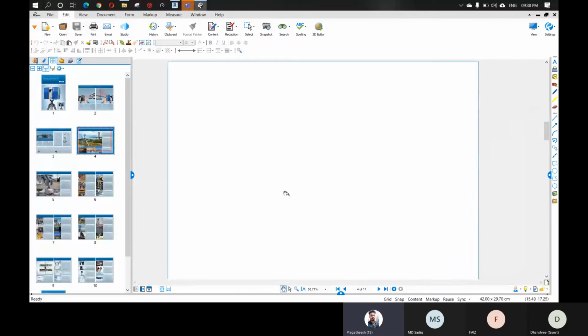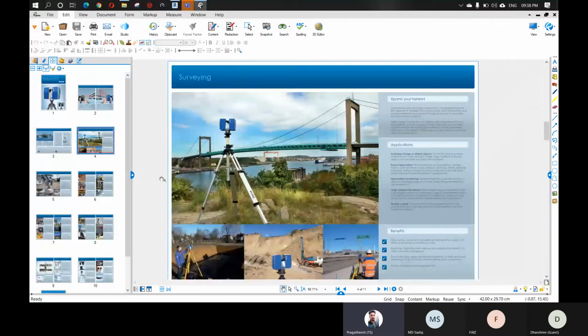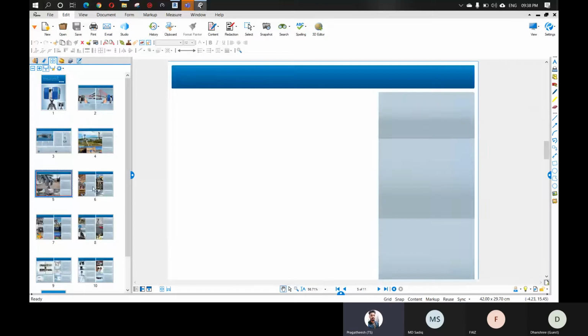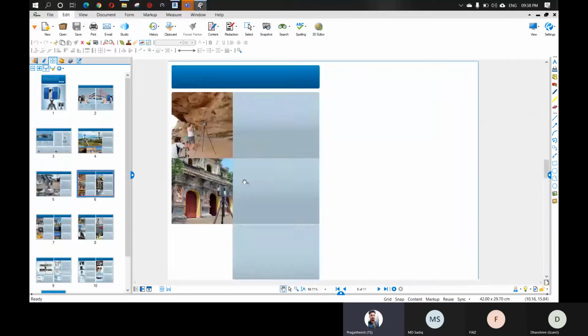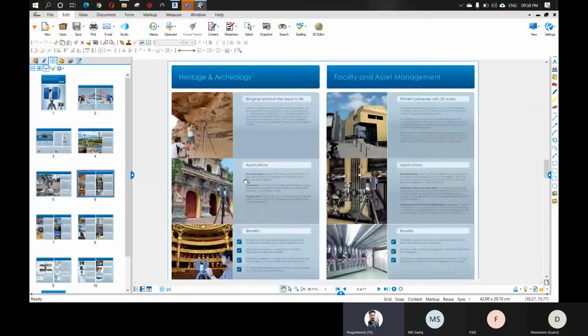And it is used to bring historical sites back to life. Recently the Taj Mahal was converted to scan to BIM.